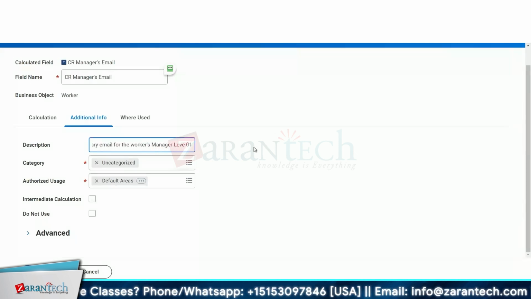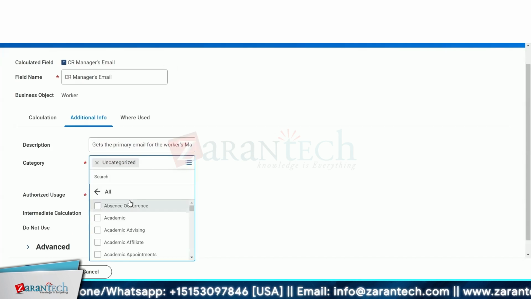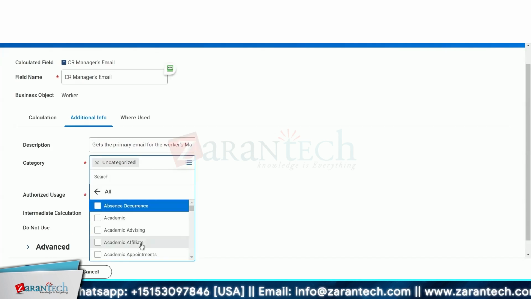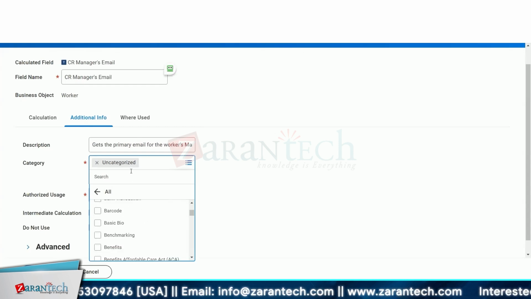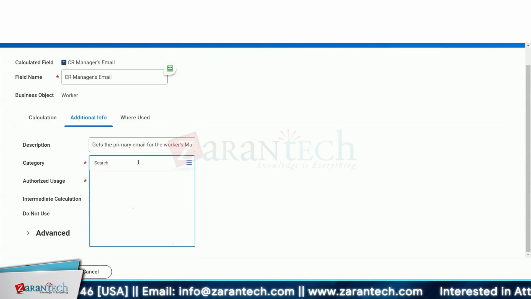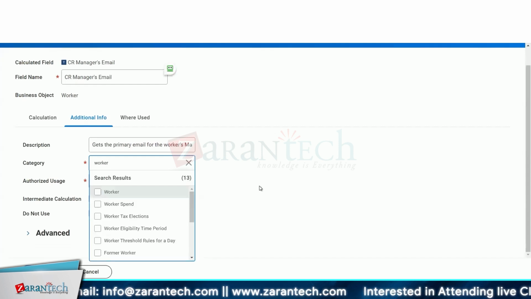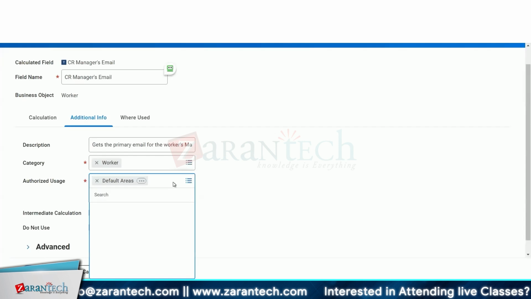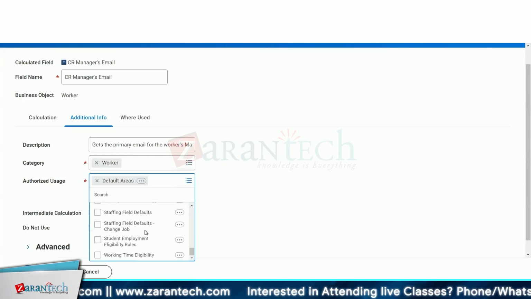Okay. This will say categories and categorize if you want to see different kinds of categories. It's just like tagging available for you. Category is nothing but tagging. So if we have the worker information tag, you want to put a worker tag. Authorized usage: you want to restrict the usage, like default areas is like anyone would be able to see,